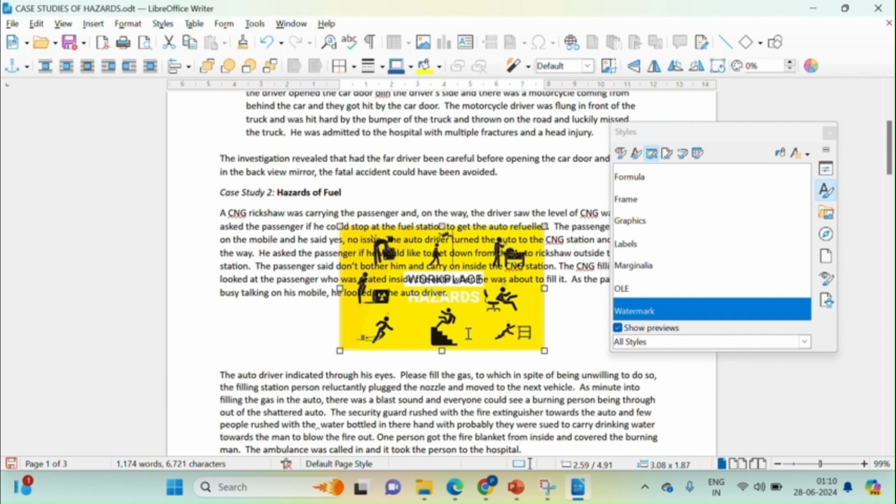Now, as soon as I double click on frame style for watermark, this image will be taken back. This will be displayed in the background of the text. So this image will be acting as a background. So we can also place the image as a background to the text. Now text will be on the image, and the image will be inserted as a watermark as a background in the document. So these are the various frame styles that we can implement for placing and representing our image with respect to the text that we have given in the document.